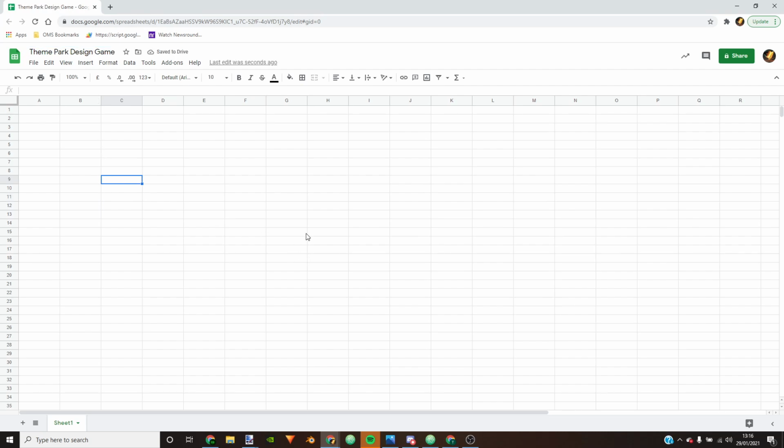So the next thing we're going to do, we're going to be creating a load of different sheets here for the game. The first sheet we're going to call introduction, and I'm going to rename sheet 1 down here as introduction. So at some point it's going to explain the rules of the game and how to play it. We're not going to spend any time working on that today, so I'm going to click on the add sheet. This next sheet is going to be called the site design,